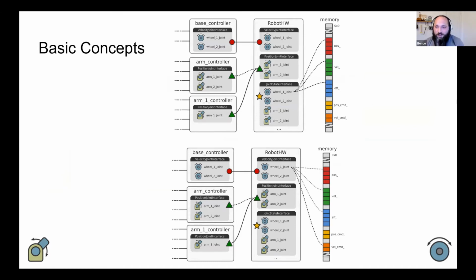Now, a little bit more details about this whole thing. So our framework is making a distinction between joint interfaces at the level of command interfaces or state interfaces. And then at a lower level, we're going to have different types of these interfaces. So for instance,